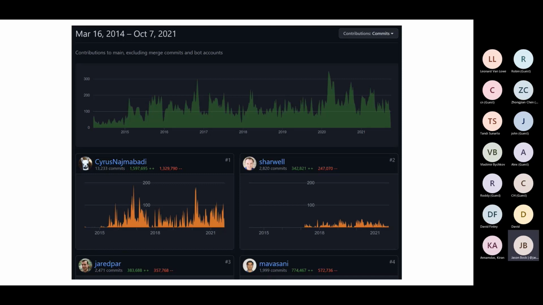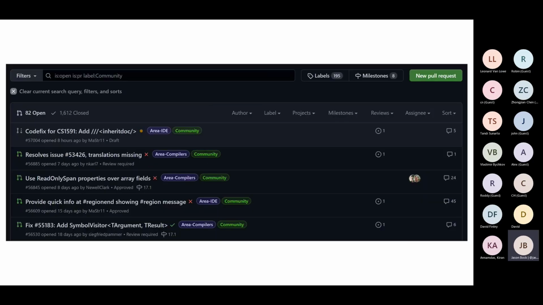But if you scroll down on the list, you would start to find people that actually don't work at Microsoft and contribute to the language or the runtime or some of the core types. And that's something that any of us can do. This is such a much better world to be in from a community standpoint. If you're interested in contributing, on the page I linked you'll see the label community.